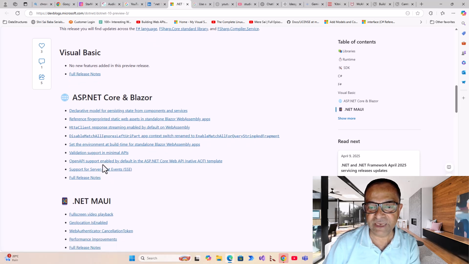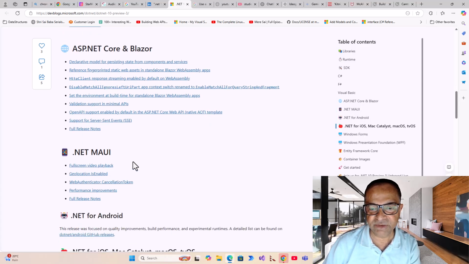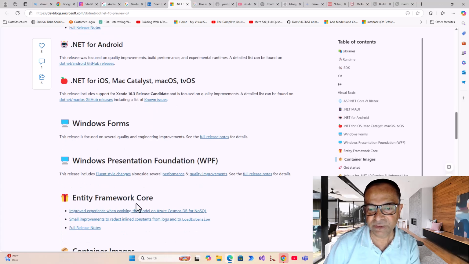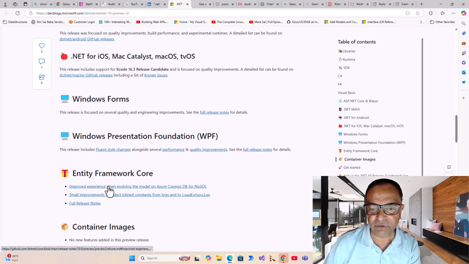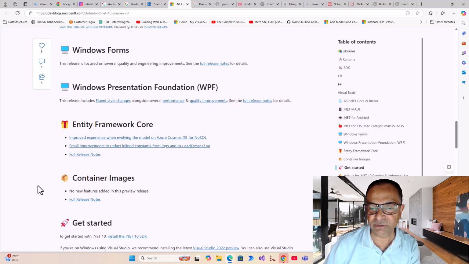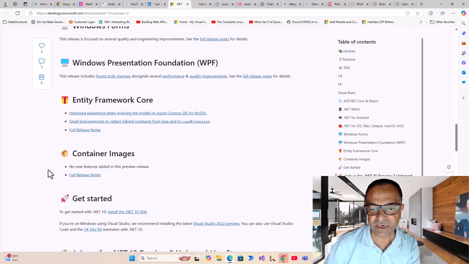So many things. OpenAPI support enabled by default in the ASP.NET Core Web API native AOT template. And then some new releases for .NET MAUI, like full screen video playback, geolocation is enabled, web authentication, cancellation token performance improvements, .NET for Android, .NET for iOS, Mac Catalyst, macOS, tvOS, Windows Forms. So Entity Framework Core is also quite touched: improved experience when evolving the model on Azure Cosmos DB for NoSQL, small improvements to redact inline constants from log and no load extension to load extension, full release notes, container images,